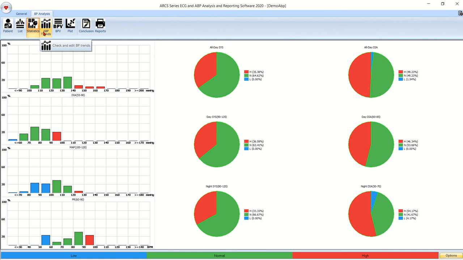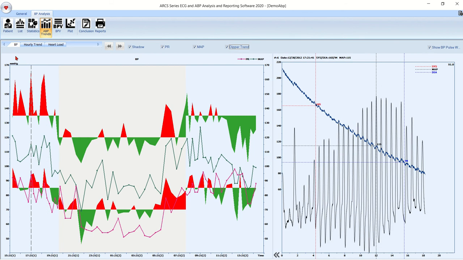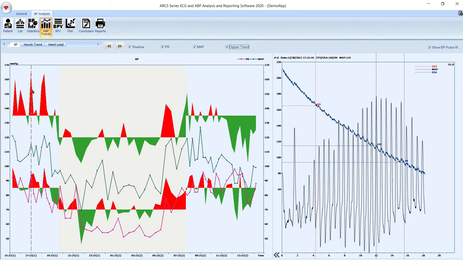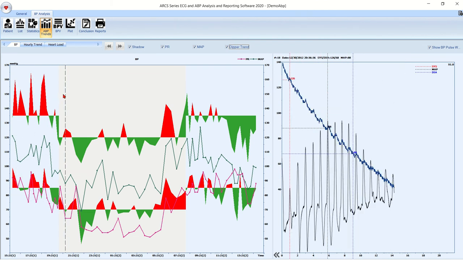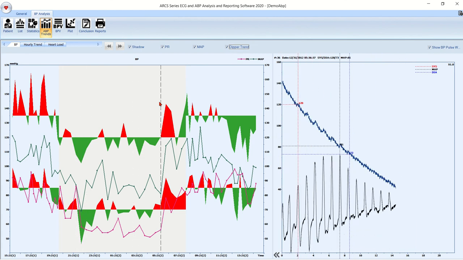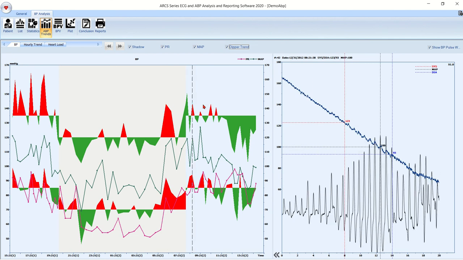Next, we'll go to the ABP trends. In this particular page, we have three sections. There's the blood pressure. You see there's three tabs across the top. Right now we're in the blood pressure. And if you go across here, you just move your cursor across, the display on the right side will give you a presentation of, for example, a blood pressure reading that was in the red range, what it looked like,